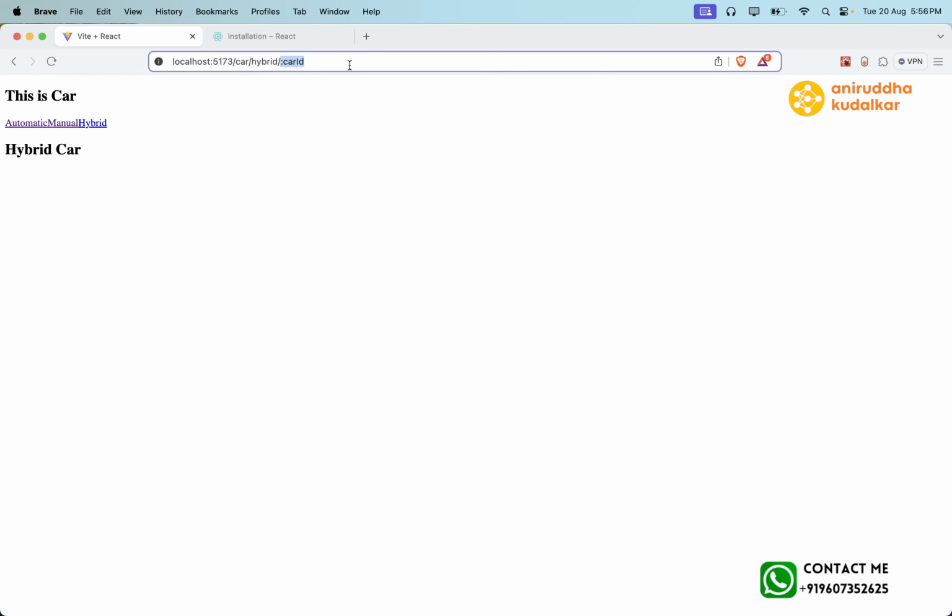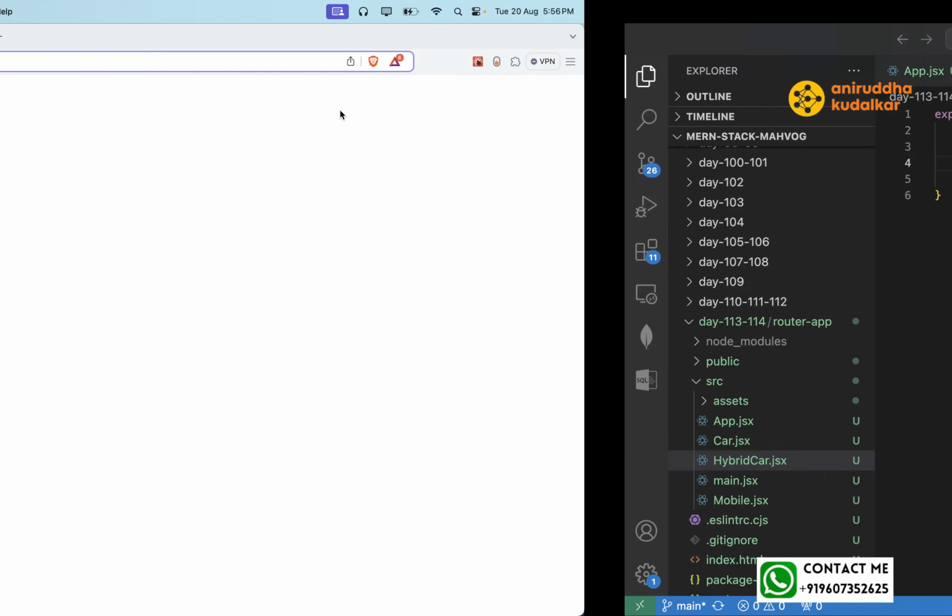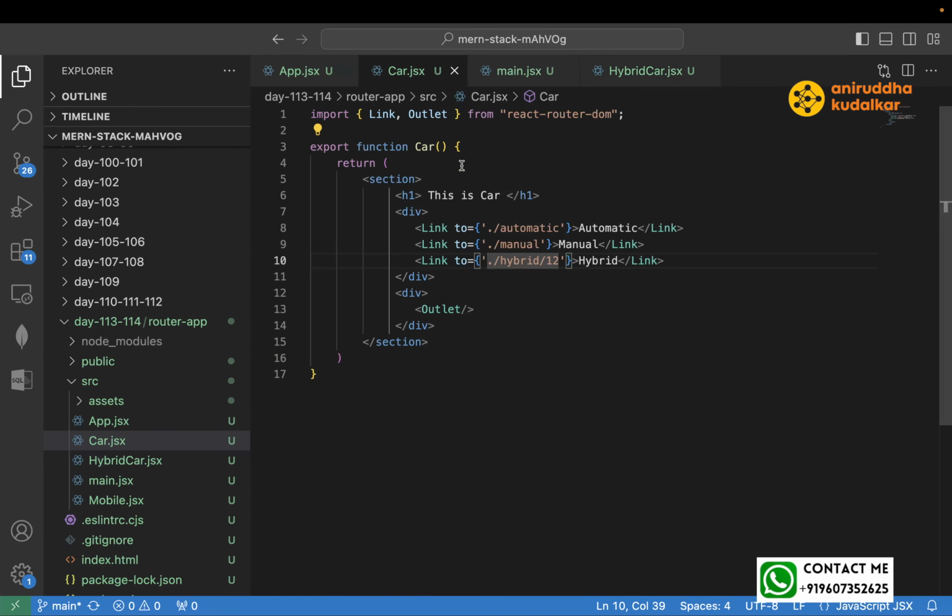Now if you click on the hybrid car, you can see it's coming 12, but I need to read this 12 and make a REST API call. So for reading that car,